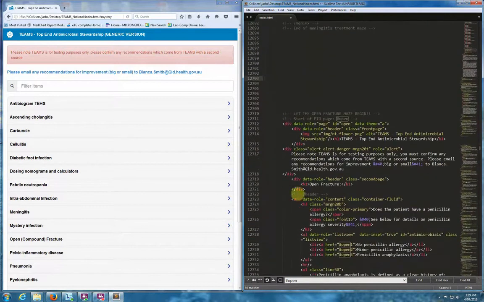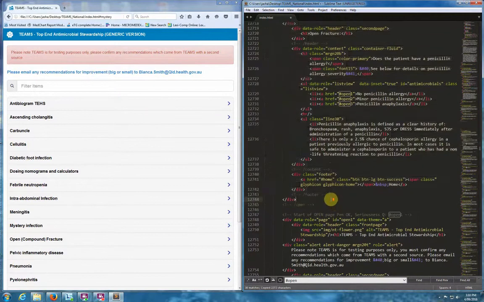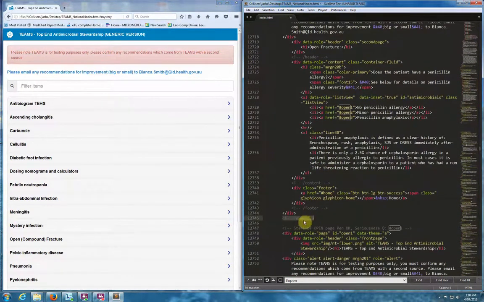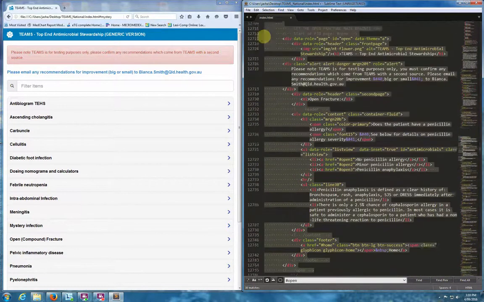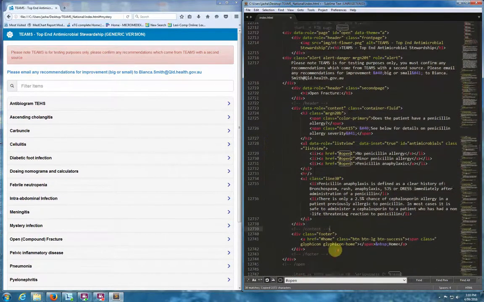So, very easy to do. I just keep using the same page format. Why change it? Don't fix it if it's not broken. So we just copy all that. You can see it goes /open at the end, and that says the open page is over. You can see this is the first little page, which asks if someone has a penicillin allergy, which it will always do. So we'll grab all of that,